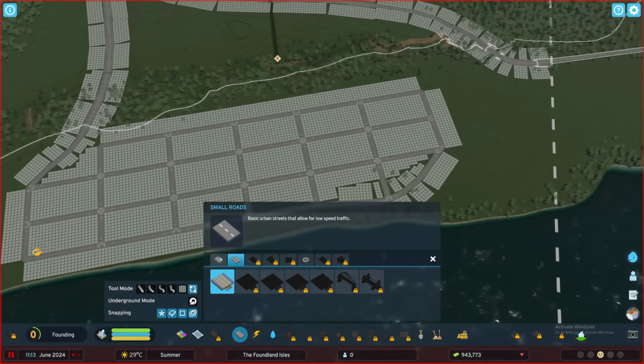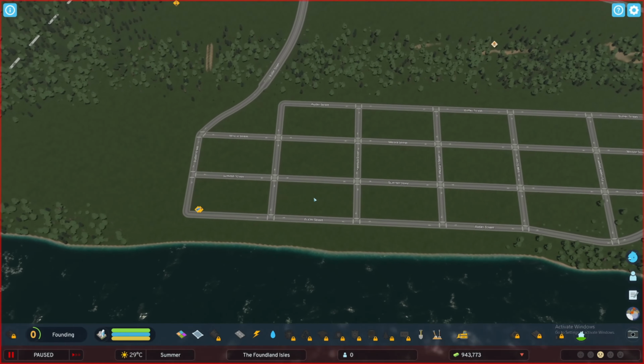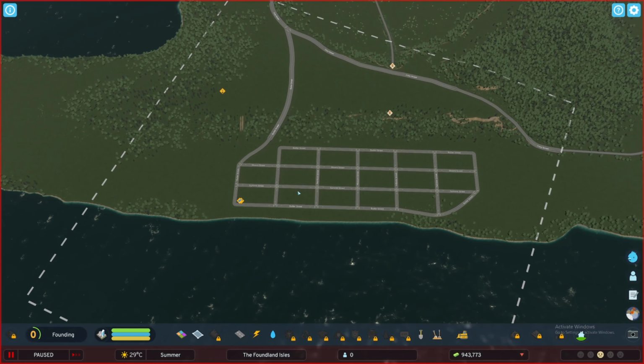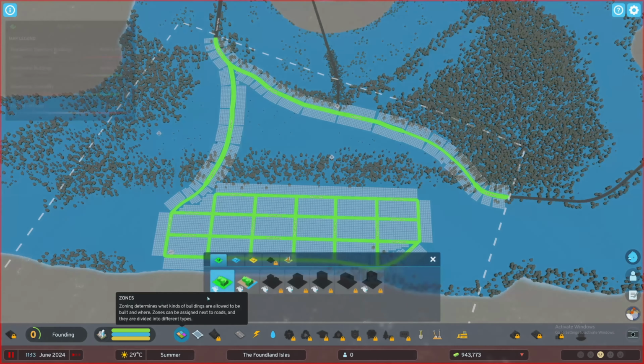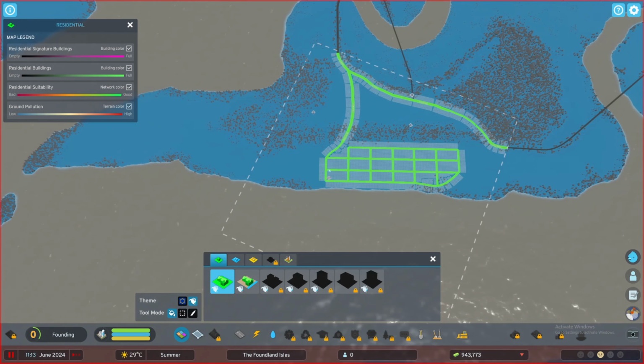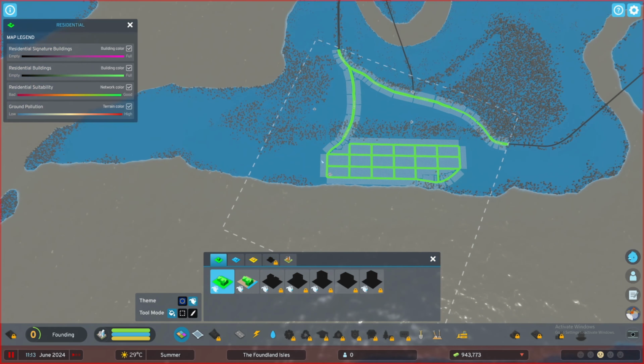So what I'm going to do is, before I expand any further, I'm actually going to build into this area here, just to make sure that I've got somewhat of a stable economy. I can kind of see where I want to go with this. But what I am definitely going to do though is I want to kind of keep a balance. I kind of want this to be my main residential area, connecting maybe some office areas that will be up here, just down here, some more maybe high level